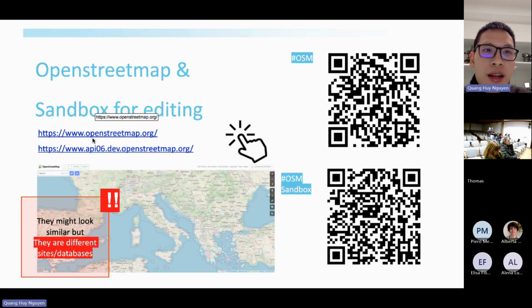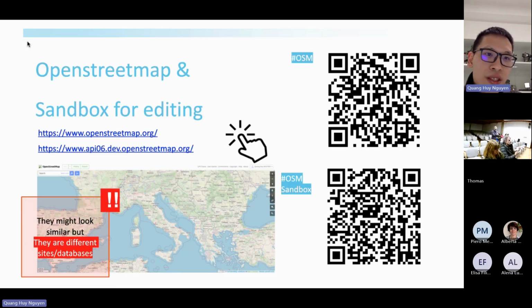The idea is that I have received a lot of responses from you, and some of you have a little confusion between the OpenStreetMap database and the Sandbox database. So I will repeat here one more time. So maybe you can do the registration again.